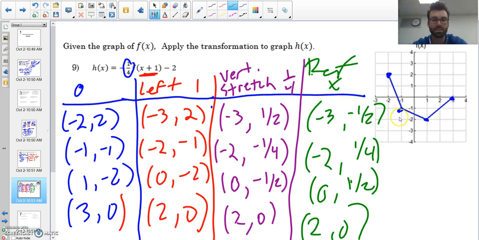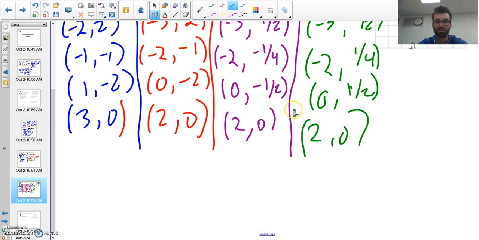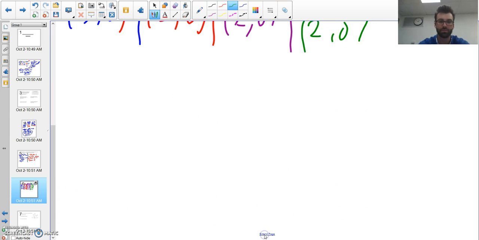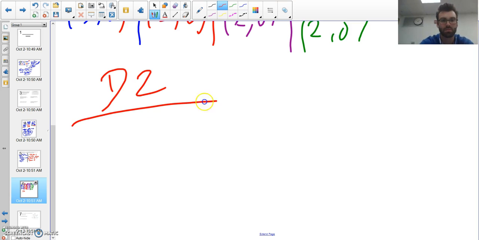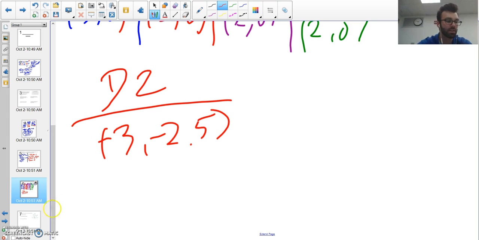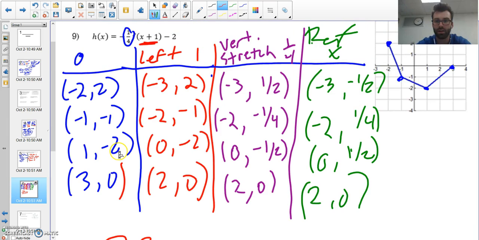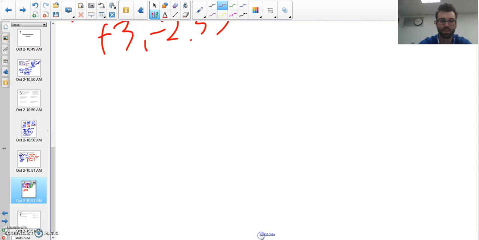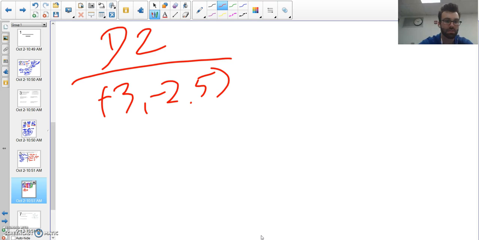All right, our next and final step is to take care of this -2. -2 means I'm going to move it down 2, which is going to affect my y values. So for every y value, I'll subtract 2. Last step, down 2. So I'll take -1/2, subtract 2, I'll get -3, -2.5. I'll take positive 1/4 and subtract 2,